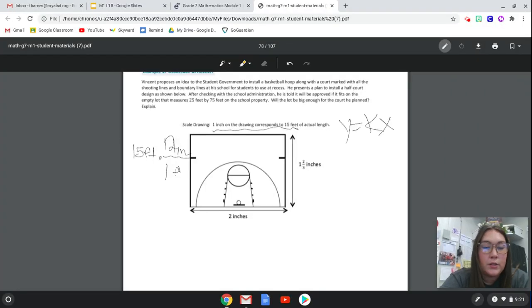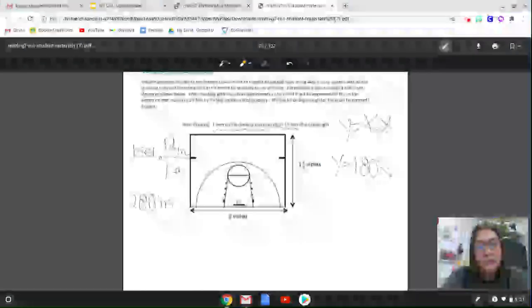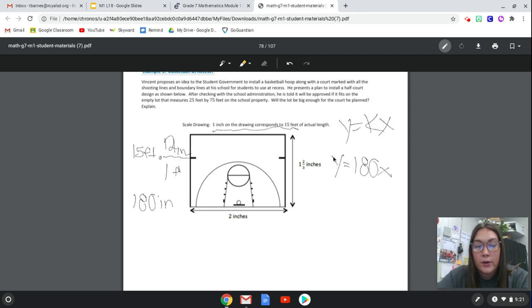So you need to compare your inches to feet, and there's 12 inches in 1 foot, so you would multiply 15 by 12 to get 180 inches. And so we're going to use the equation y equals 180x,